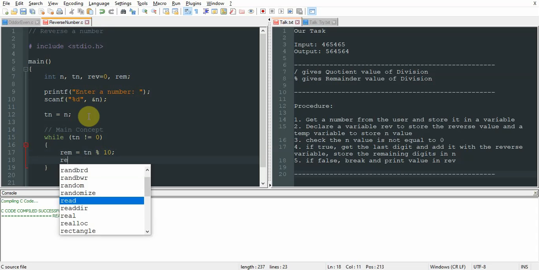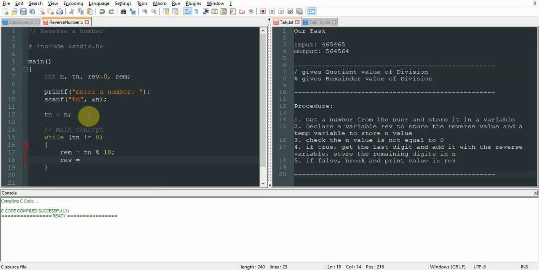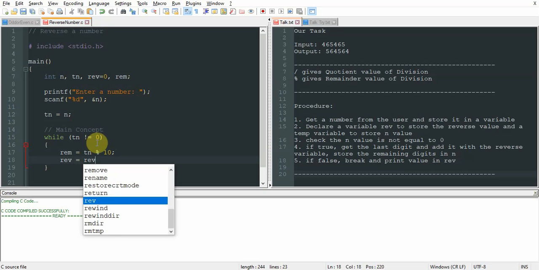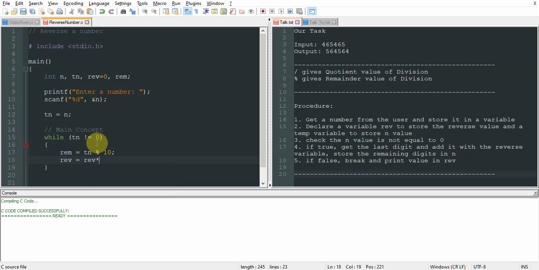In the reverse variable, I am going to store the digits, getting the value from the previous values. So reverse equals reverse star 10, because whenever I add a new digit, it has to be placed in the last position.